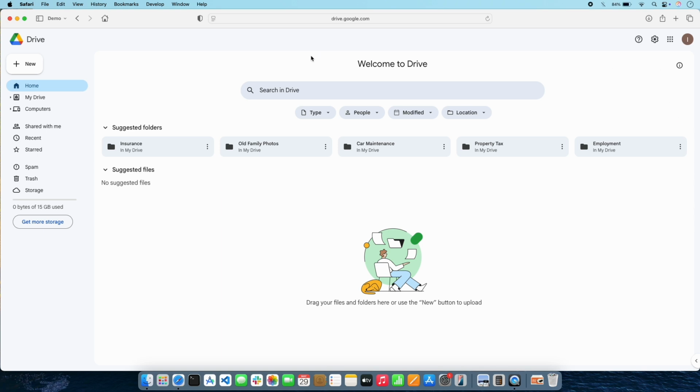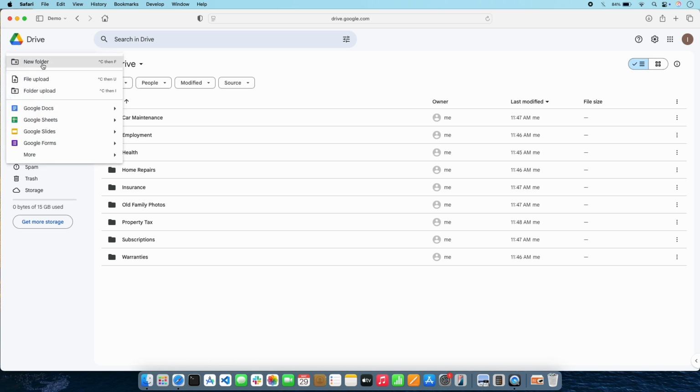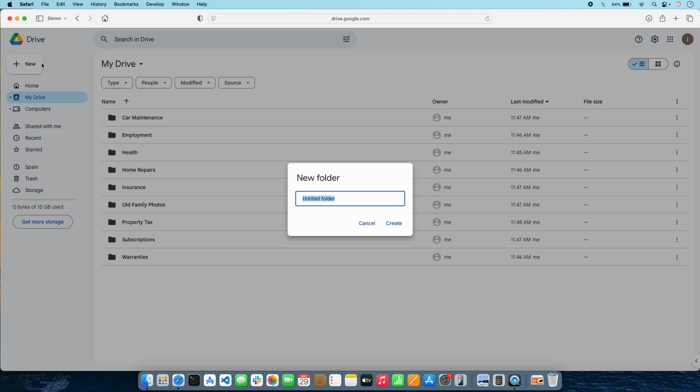Before uploading, it's a good idea to go to the My Drive section. Google Drive organizes files like a file manager for computers. Folders allow you to group and organize files. In this example, I've already added some folders to categorize the household documents I'm storing in Google Drive. If you want to create a parent folder to store the folders you plan to upload, it's easy to make a new one. Use the New button in the top left, select New Folder, and give the folder a name.